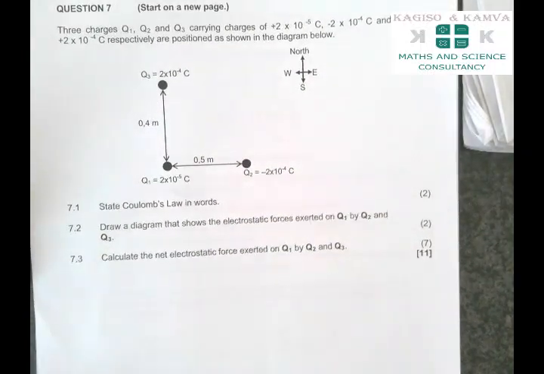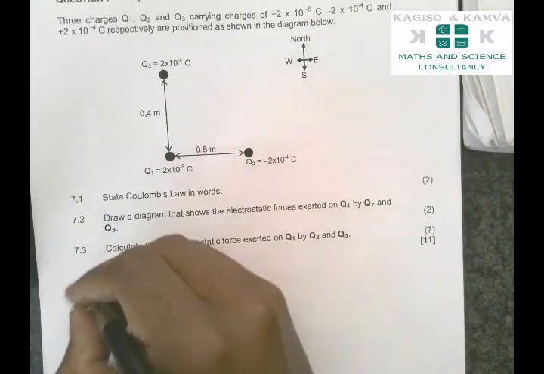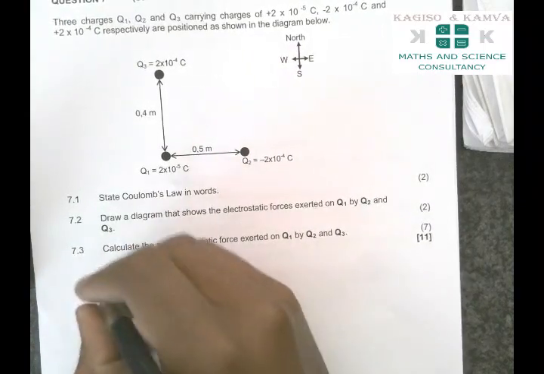To state Coulomb's law in words. How do you define that one?